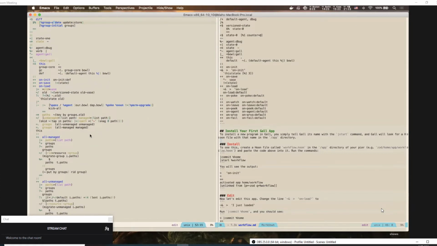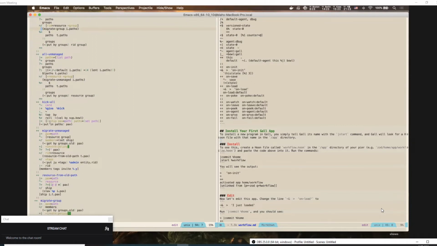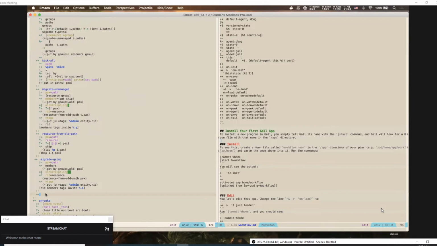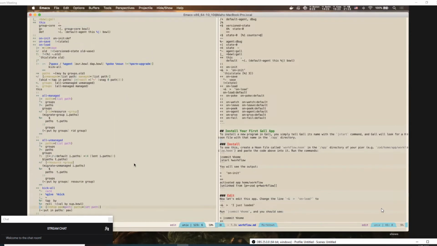The easy way to say that is, if you look at on-load, it's the Gall arm that's responsible for handling these transitions from one type of state to maybe a new version, essentially a new database schema. And if you look at how long this on-load function is, it's not so long. It's about line 159, but it's an 80-ish, 80 to 90 line function to handle the transition from one to another, with all of the attendant possible logic problems that can happen along the way, and